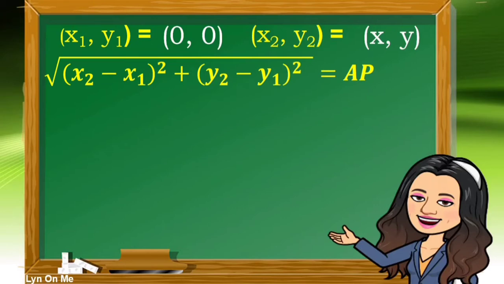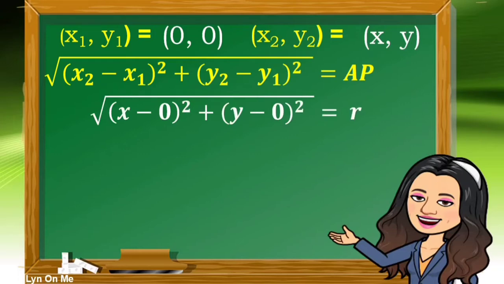In this equation, the value of x sub 2 is x, x sub 1 is 0, y sub 2 is y, y sub 1 is 0. Substituting these values to our equation, we will arrive at the square root of the square of the quantity x minus 0 plus the square of the quantity y minus 0,